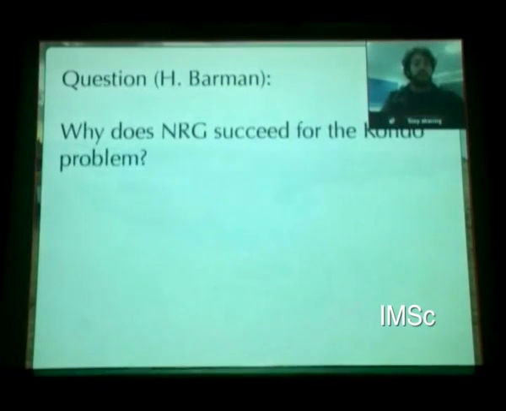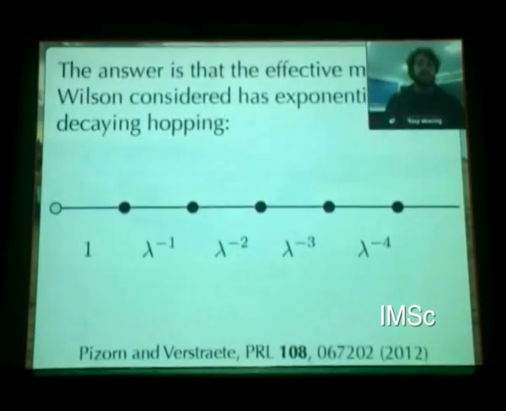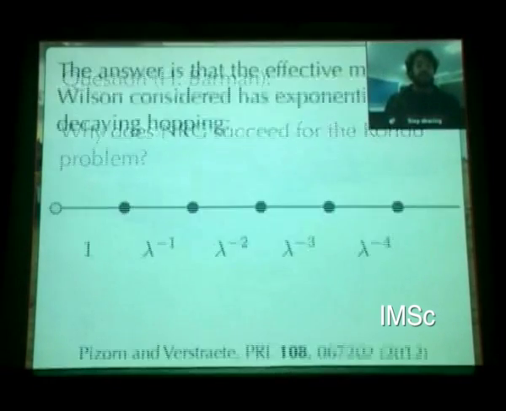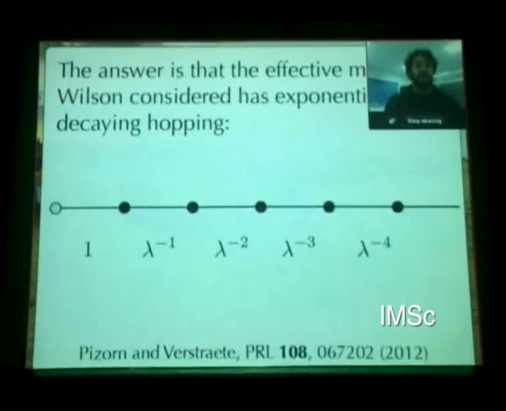The first one is, why does this numerical renormalization group method that Ken Wilson first used succeed for the Kondo problem if it has this issue about treating boundary conditions too crudely? So it does have that issue, and so this slide is supposed to show you why it succeeds. And oh, sorry, I forgot to. Most of the talk, I was pretty careful about not putting things in the corner, but some of it is covered up. But the idea is that Wilson began his study by first mapping the,